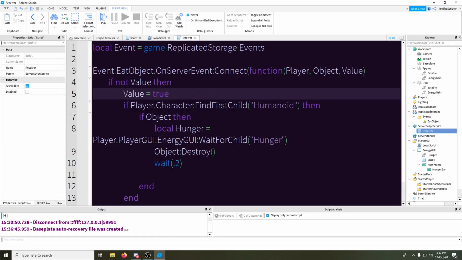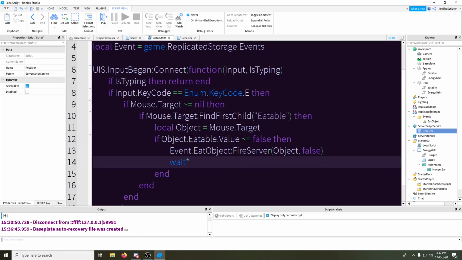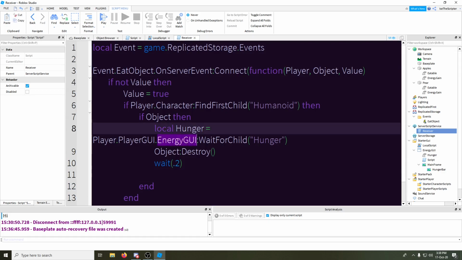This is simply just to waste his time a little bit to prevent duplication of the item. Okay, and it's going to wait a few seconds. Wait about 1 second. Yep. Okay. After destroying